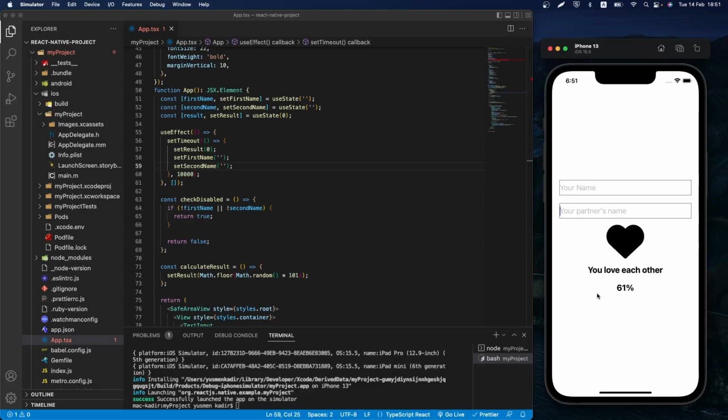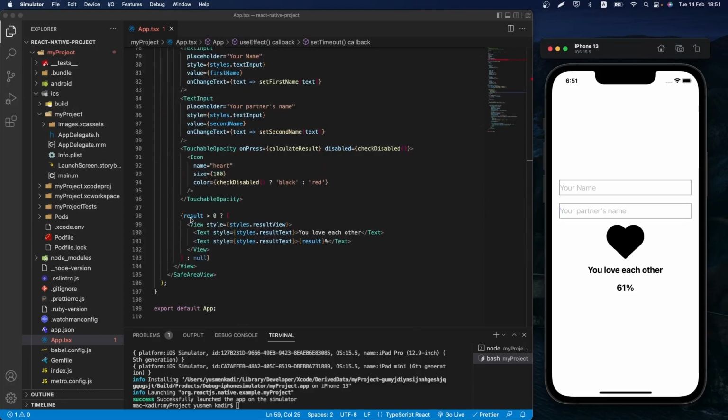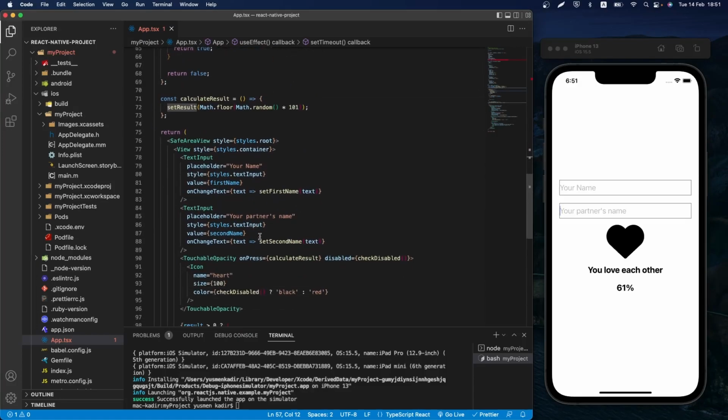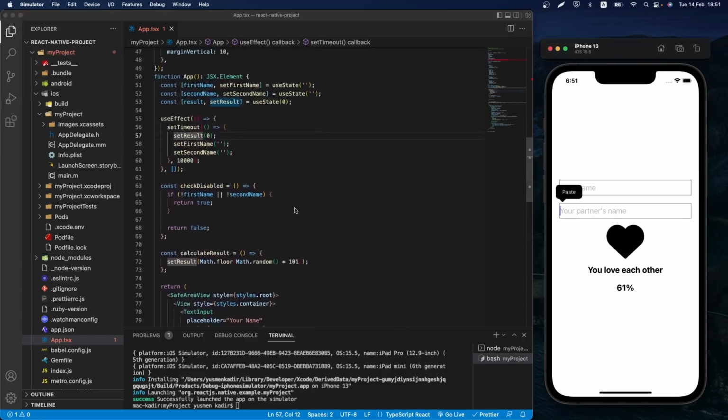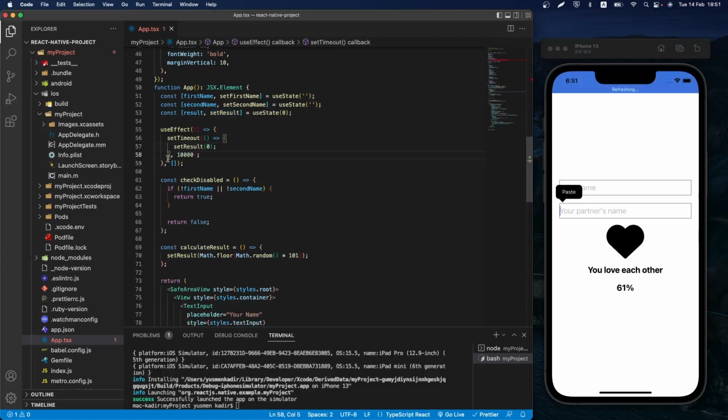You can see that the fields were reset, but we still see the result right here, and this is because the result is 0 and we have this focused, so it's not going to work. So this is irrelevant. I just wanted to show you that it will not work, and you should not try this. Instead, you should try to look for